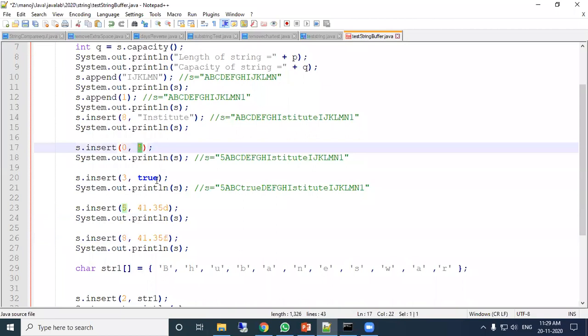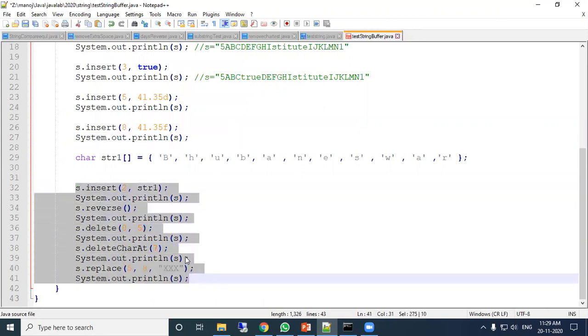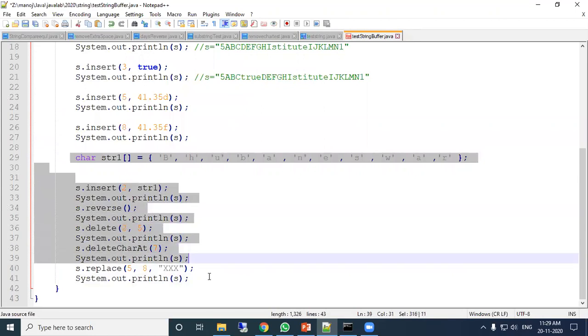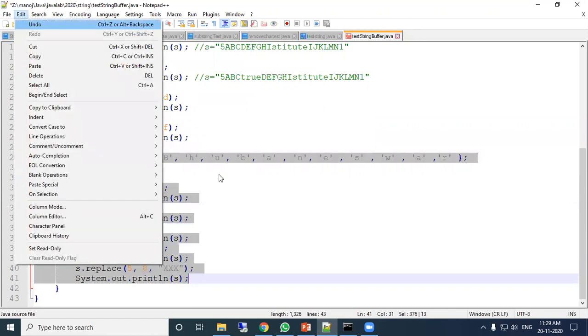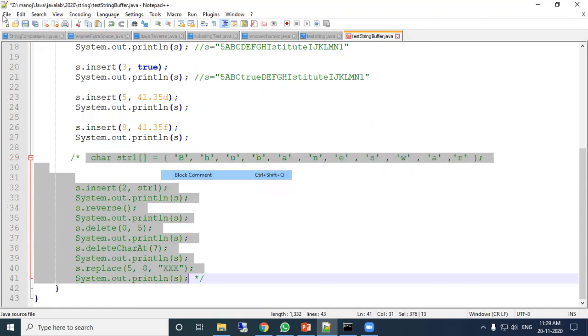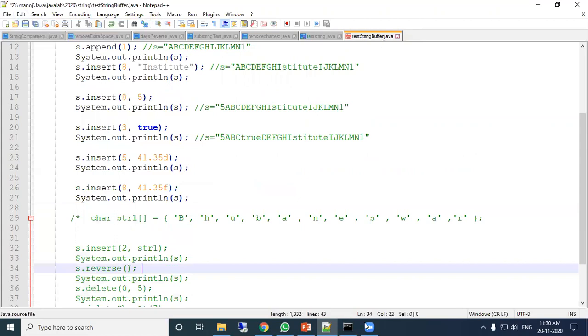Here an integer value is inserted, here a string is inserted, here Boolean data, here double type data, and here float type data is inserted. Up to this we will see, and after that we will run the rest of the code. Let us see, and the program name is TestStringBuffer.